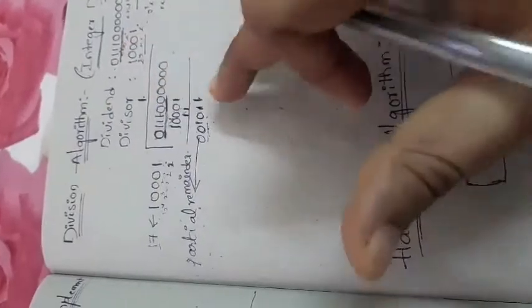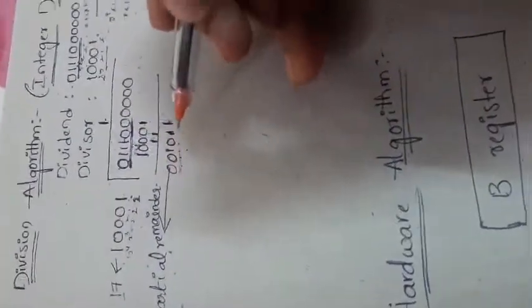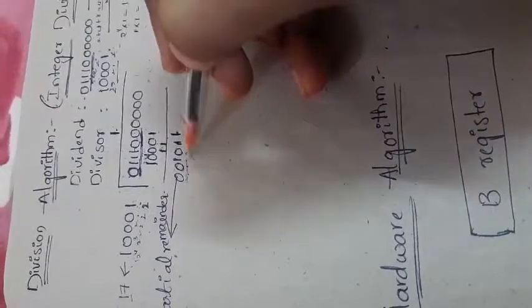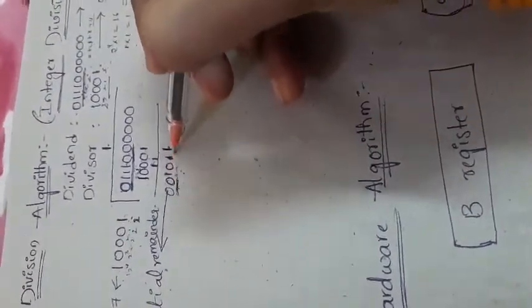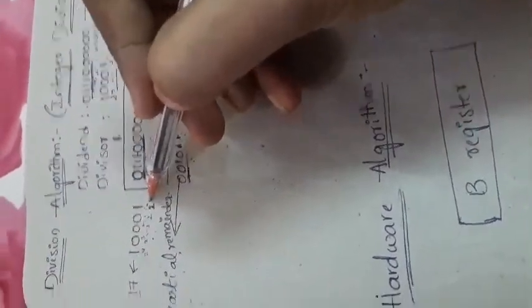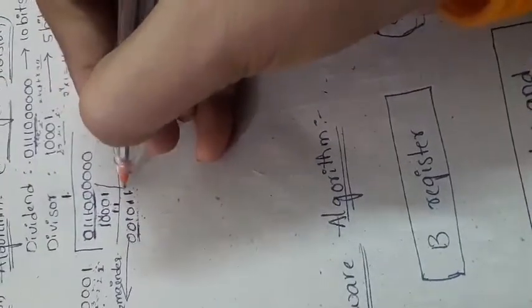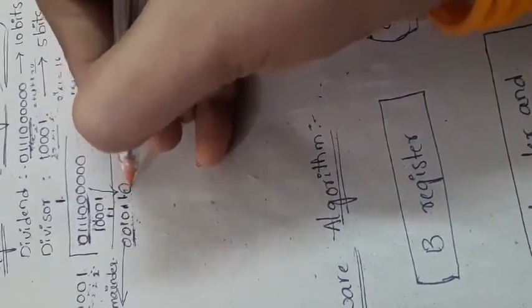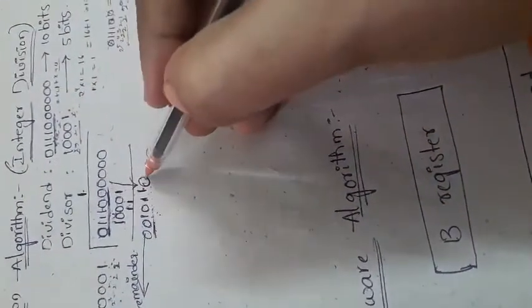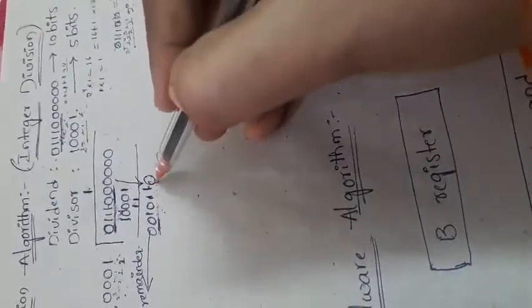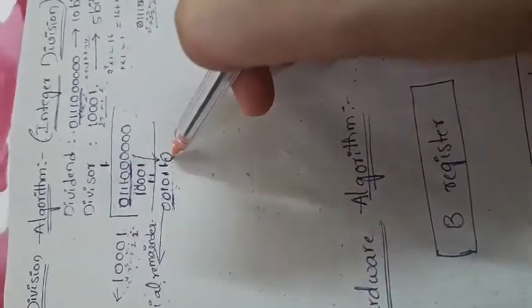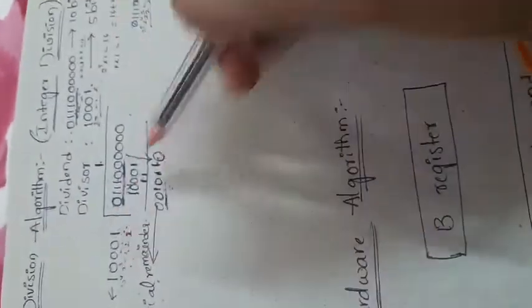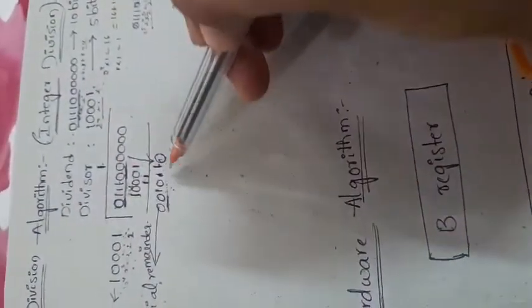Okay, so after performing this subtraction, next we have to consider how many bits we have in the result. So 1, 2, 3, 4, right? We have 4 bits, but the divisor has 5 bits. For that case I can consider one more bit. This 0 has moved to here. So then 10110, totally 5 bits we are getting. Now again we have to check whether this dividend number is greater than the divisor or not. So we have to compare.